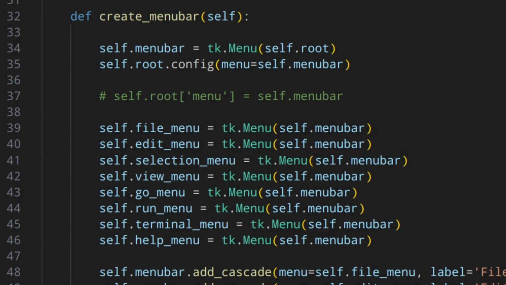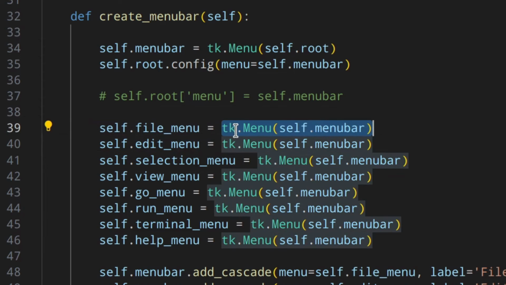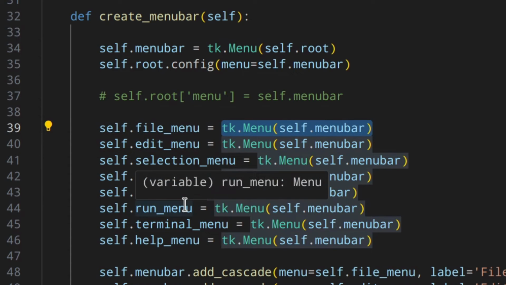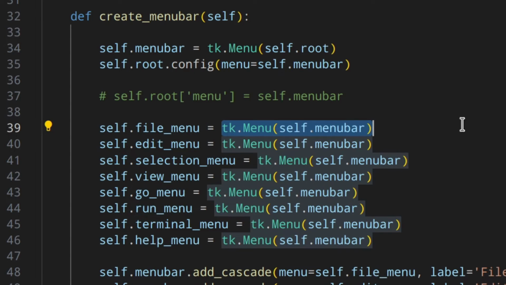So when it comes to styling, you need to understand that when you style a specific menu object, like in this case, this is a menu object, file menu, edit menu. Okay, as you can see, those are menu objects. Then you're styling the menu as a whole. So the border around the menu, the background color will be used for all the elements, the foreground color will be used for all the elements, and then the active color, etc. And then you can actually style each element differently, but let's do things one step at a time.